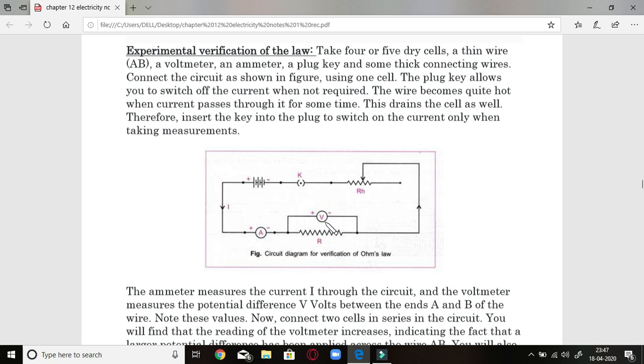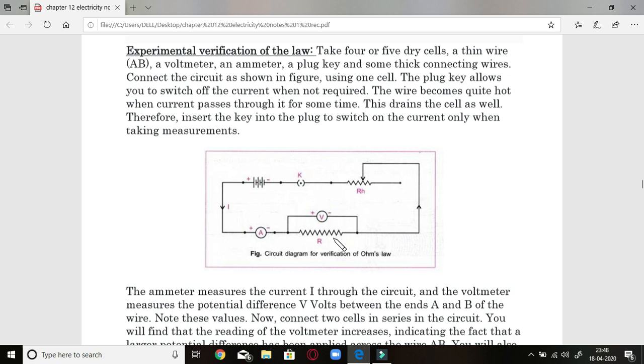So potential difference will also change with the current. If current increases, potential difference also increases. But of course this voltmeter is placed across the resistor. This resistor can be any appliance like a fan or electric heater or geyser. All of them contain a resistor, as we can show here. This resistance can be a very small one or a large one, but of course it's a fixed resistance across which the voltmeter was attached.